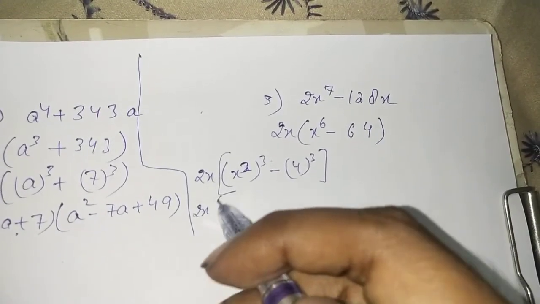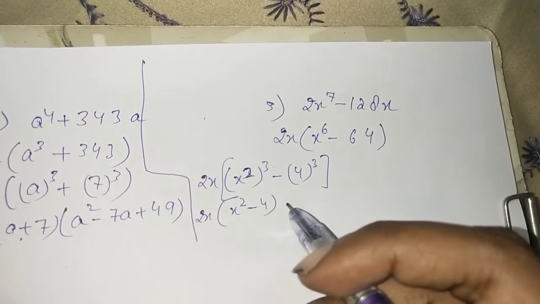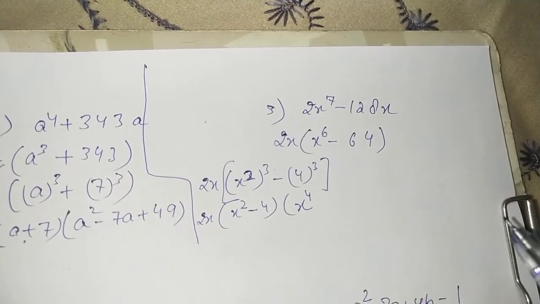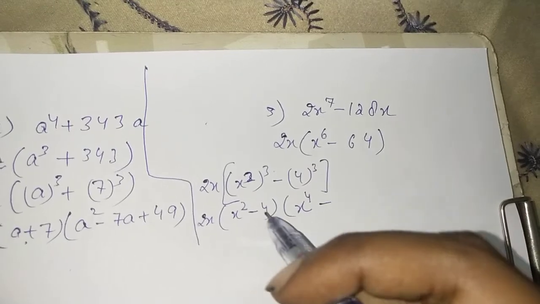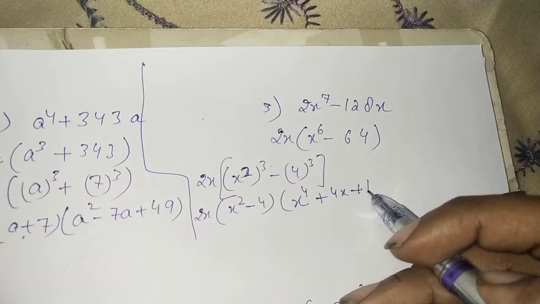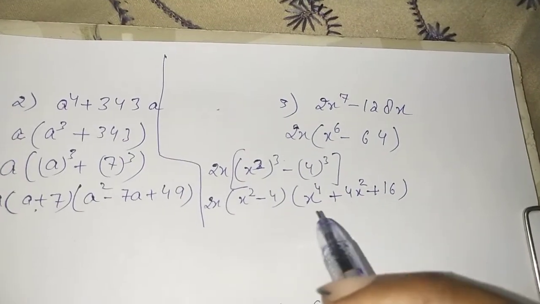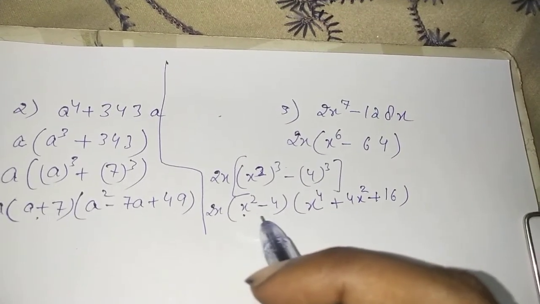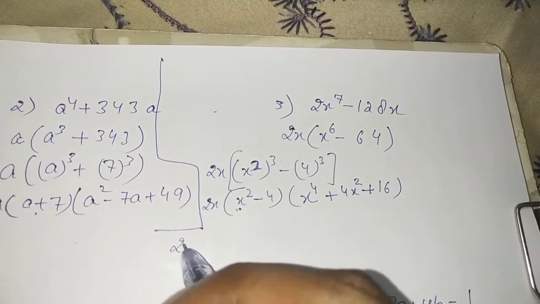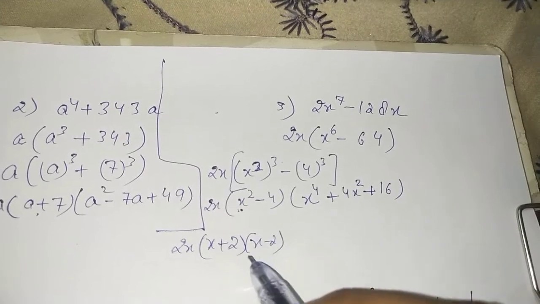So that means which can be written as a cube minus b cube, a minus b bracket a square, so x to the power of 4 plus, opposite of this sign, ab and plus b square. Now what we can do is that over here, if we look into the first bracket a square minus b square, so again it can be split, and we can write it down as a plus b and a minus b.